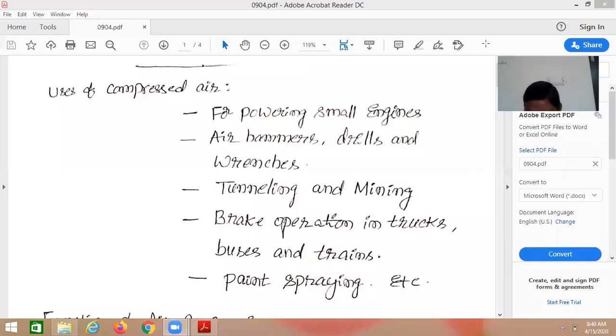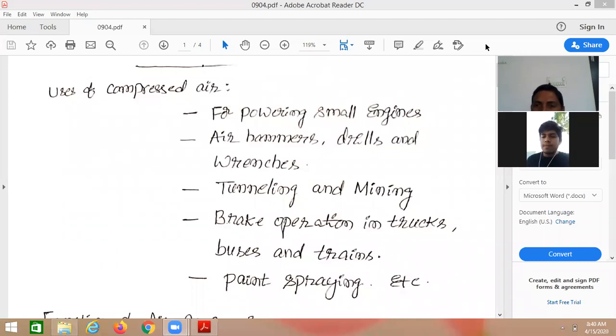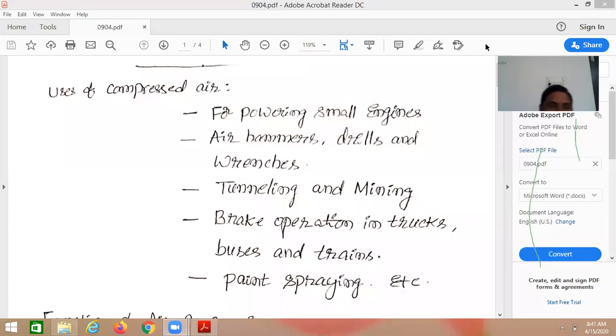That is what we have discussed. So after realizing the importance of compressed air, what we have discussed is the function of an air compressor. So in the compressor, what do we do? Air at low pressure will be taken into the compressor, compressed, and taken into a storage tank. So after it gets compressed, if it is not directly used, it will be stored in a separate storage tank.